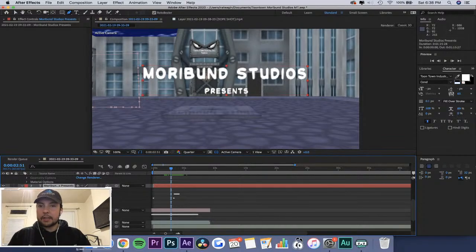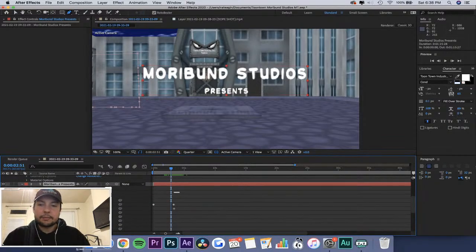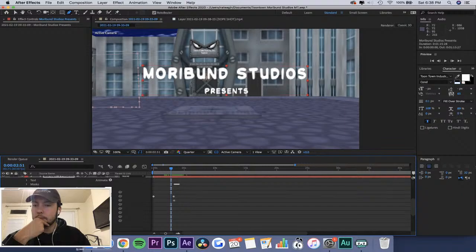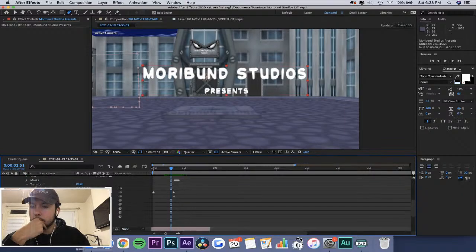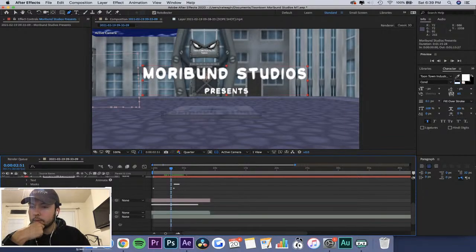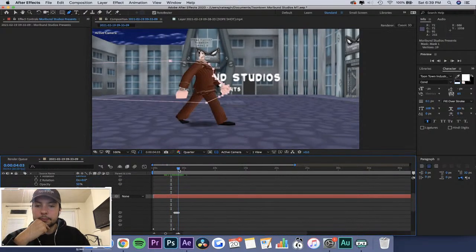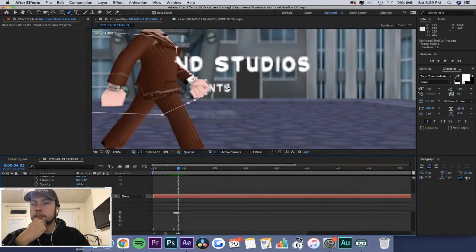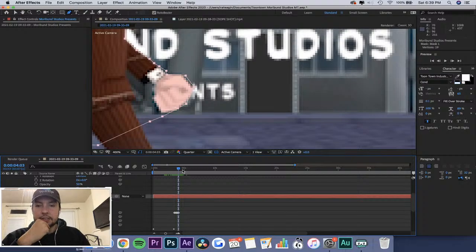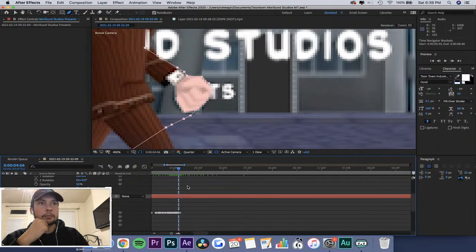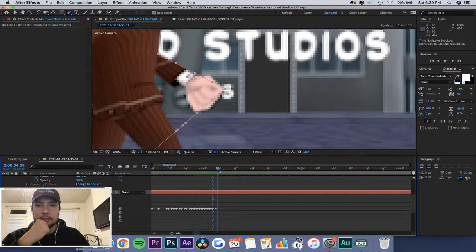Okay, so what I'm gonna do here is, well, I guess that would just be another mask actually. Yeah, actually, we can forget about that for now. Let's focus on getting this part done. So as you can see, this is a very tedious grind right here. But sometimes you just gotta do it.